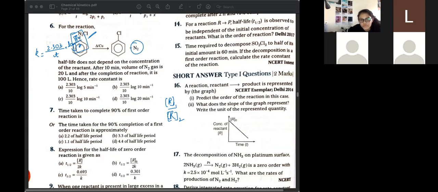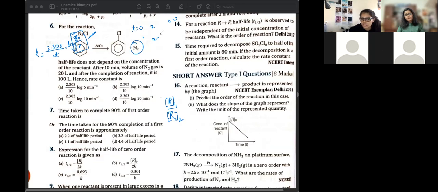Ma'am, can we reverse engineer the thing? Absolutely. What are you thinking? So N2, usually we take the diazonium salt at T equal to 0, diazonium salt will be at its maximum, given we don't know the number, so X, and this will be 0 and 0, correct? Then at T equal to a certain number, diazonium salt should be X minus, I'm guessing 20,